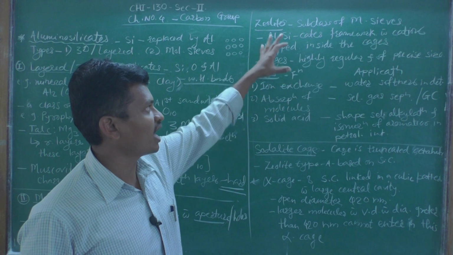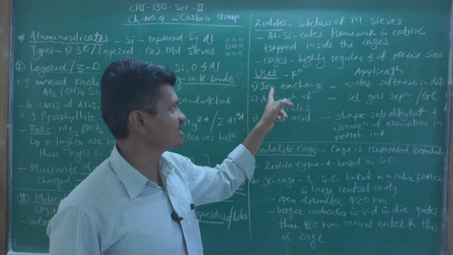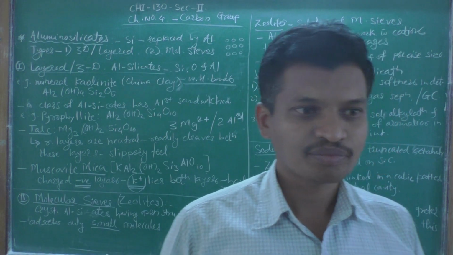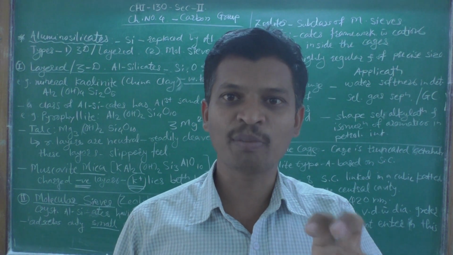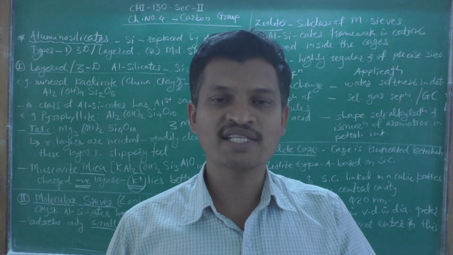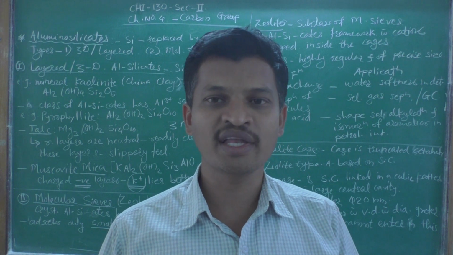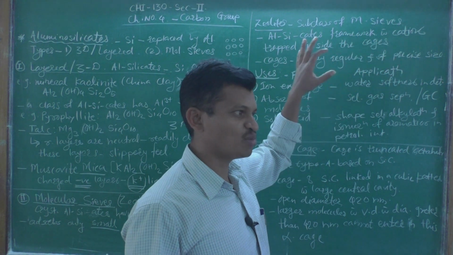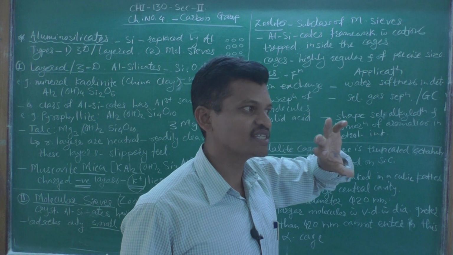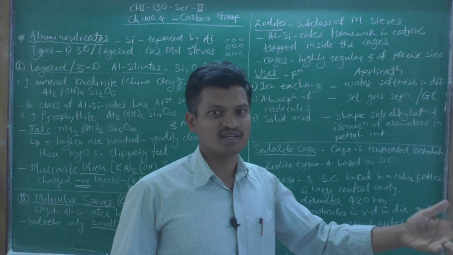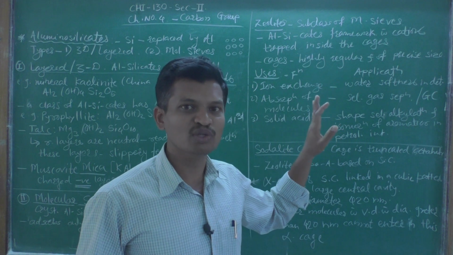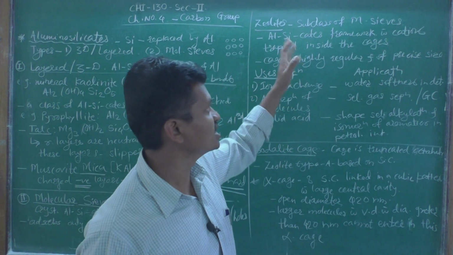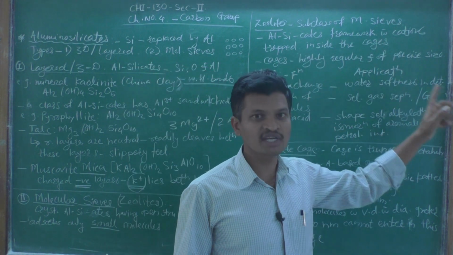So, as per these properties, zeolites can be used in ion exchange chromatography. Since they have holes or apertures, they can be used in the phenomenon of ion exchange. As the cations of group 1 or group 2 elements are present in these molecular sieves or zeolites, these cations can be exchanged with other cations. Hence, this phenomenon can be used for water softening in detergents. That's why zeolites can be used as water softeners in detergents.